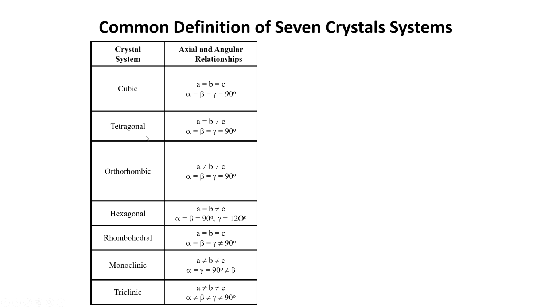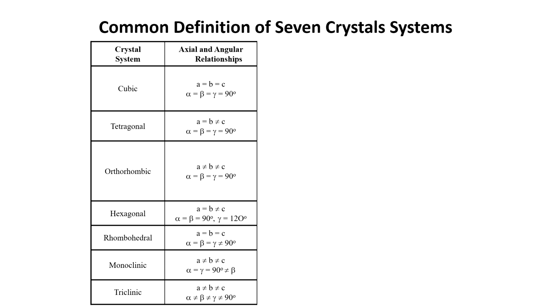Similarly, tetragonal: a equals b not equal to c, alpha equals beta equals gamma equals 90 degrees. Orthorhombic, again all three angles 90 degrees, but a not equal to b not equal to c. So, the first three conventional cells that we have are being defined by such relationships, and similarly we can go down the list. Now, there is a very big problem in this kind of definition.